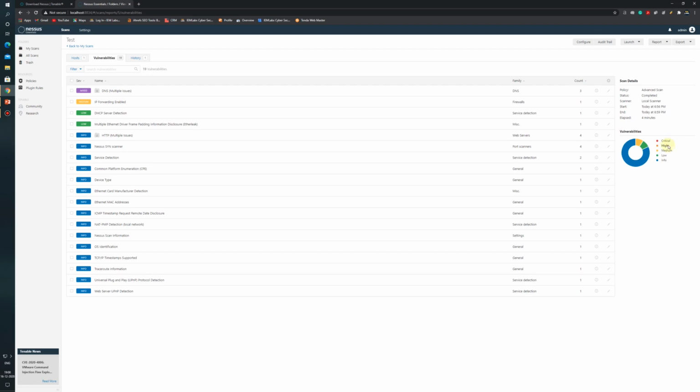So here there are many types. Critical is red, high is orange, medium is yellow, low is green, and info is blue. So by seeing the pie chart, we can see that we have got info, low and medium level vulnerabilities. But we have not got any high or critical. Generally, we consider the highs and criticals to fix. Medium, if it is a certain level of medium type of error, then only we fix it, otherwise we can just ignore it.